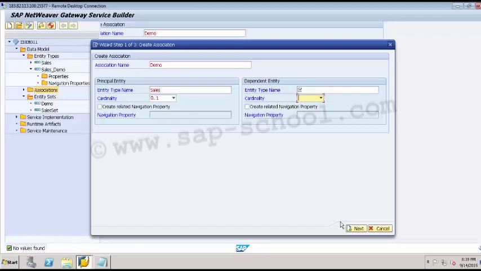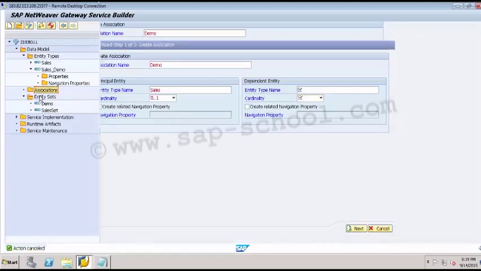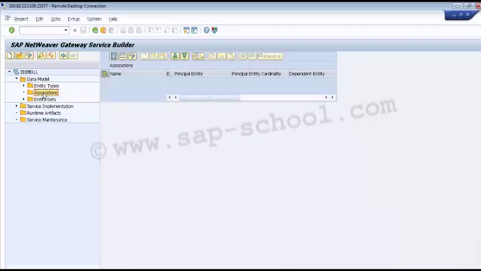We can also double click on the association folder to open it and create a new association. So let's say if I double click on my association folder, I can see the mass maintenance view on the right hand side. I can insert a row and insert the association there. First of all I have to be in the edit mode. Then I have to click on this insert row. So we have all these options available under this.